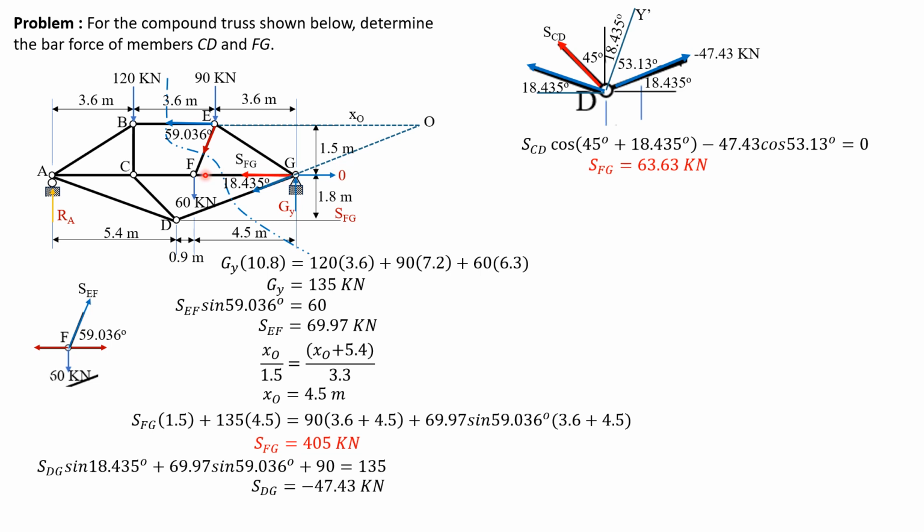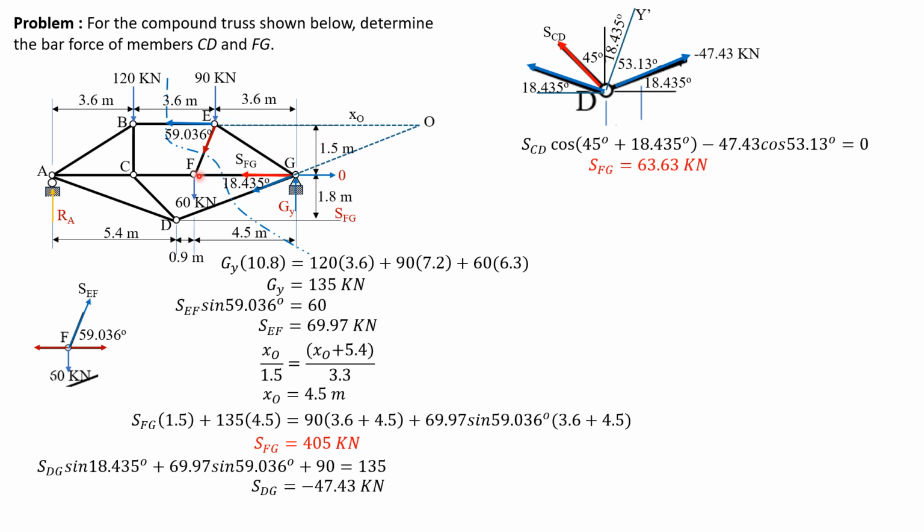To do that, at F again, summation of forces vertical equals 0, so that these two horizontal members won't be involved yet. So we have SEF sine of 59.036 degrees. By the way, this 59.036 is inverse tangent of 1.5